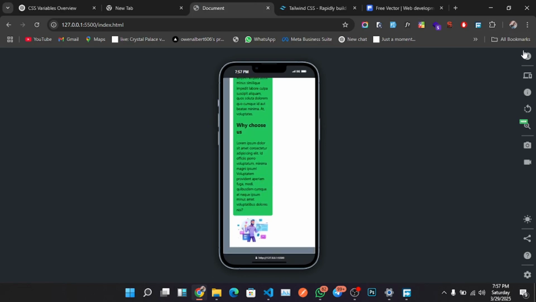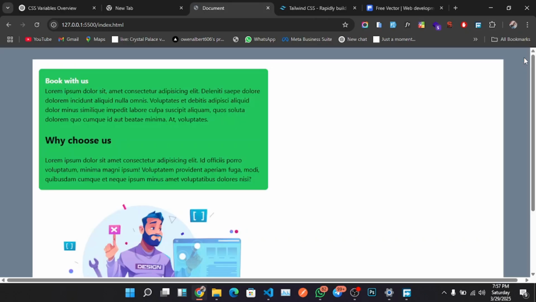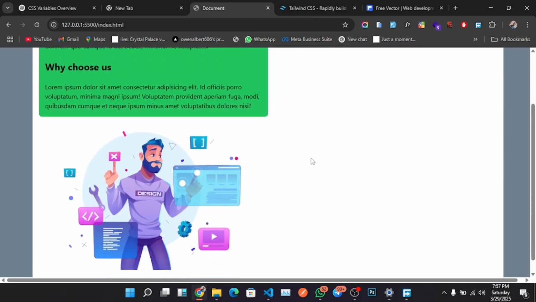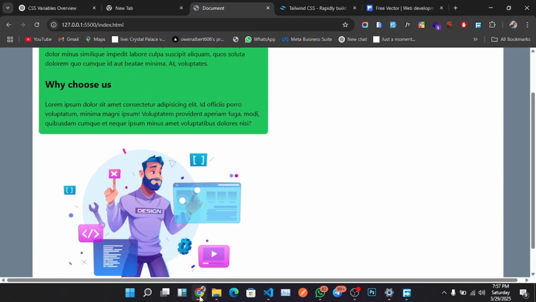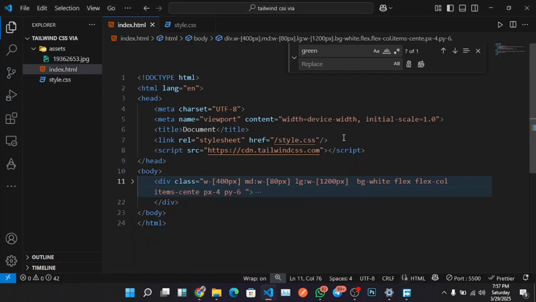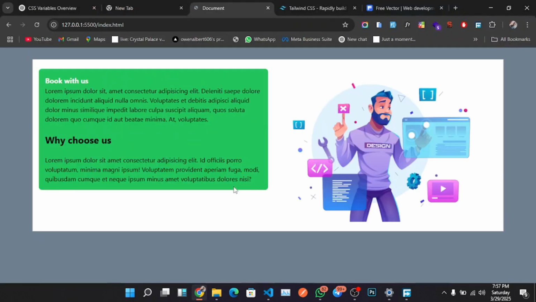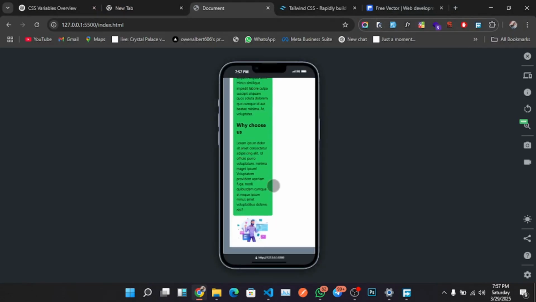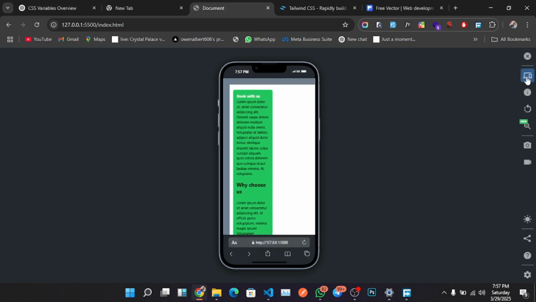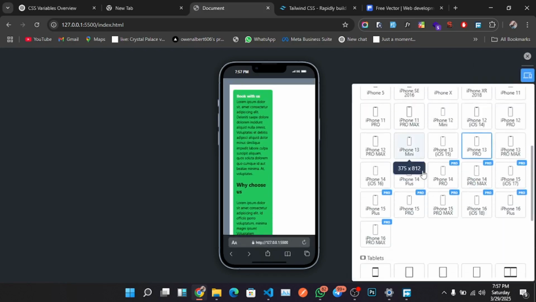That's on a smaller device, but you'll find that it's the same thing we do have on a large device, and on a large device we need this to be in a row. So we will come and say md, and we say flex-row. So when we say md:flex-row, we head back, and you find that we get this back to the way it was. And when we switch to the mobile view, you will find that we have it in a row. And on a larger device, let's say a tablet,